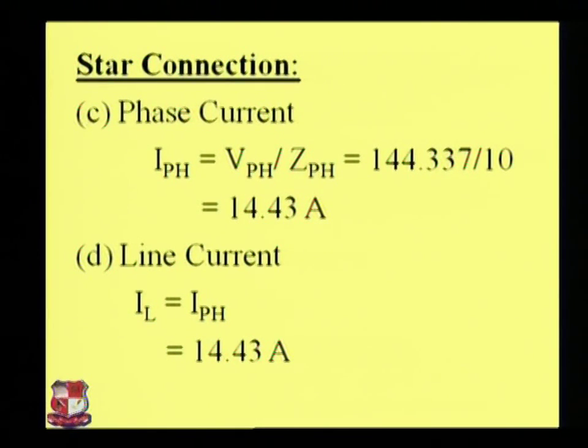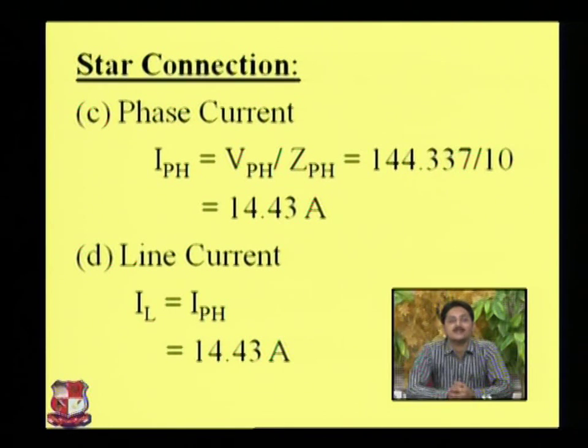Remember one thing, whenever you have to find the phase current for a delta connection or star connection, you have to clarify VPH and ZPH. First of all, you have to find the value of VPH, then you have to find the value of ZPH. Now by taking the ratio of VPH and ZPH, you can find the value